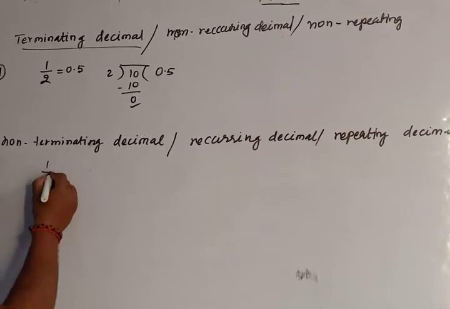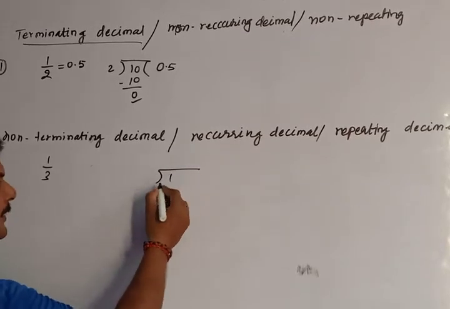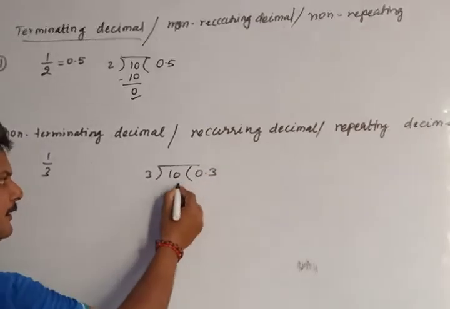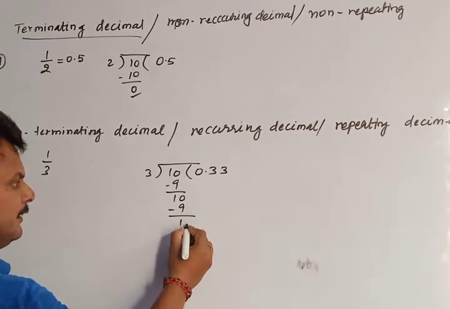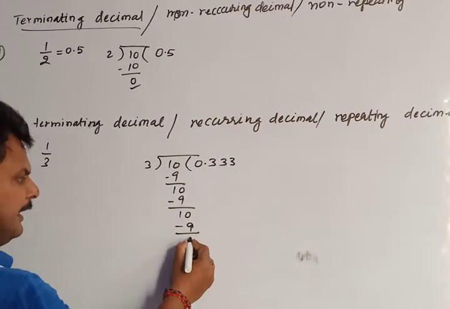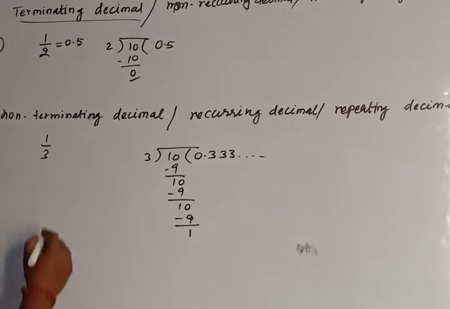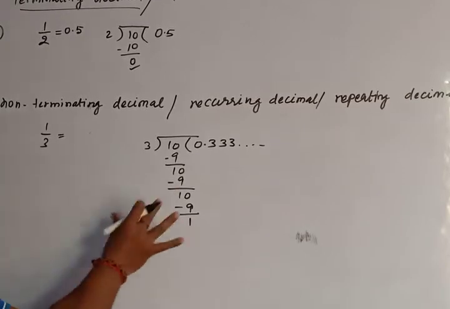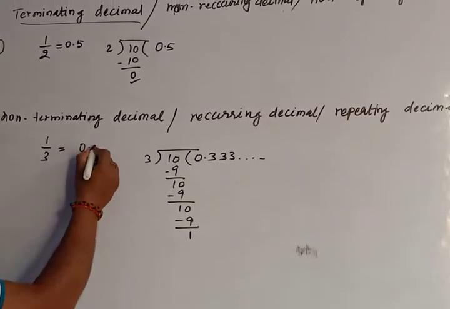Now come to here. If you are going to divide 1 by 3, you have to follow the same procedure. Put 0 then decimal. Here 3 nines are 9, remainder 1. Again 0, because here decimal 0 will be coming. 3 nines are 9 and 1. So this step will be followed till you continue dividing. It means non-terminating, means the remainder is not getting 0. It will be continued as long as the division is going on.